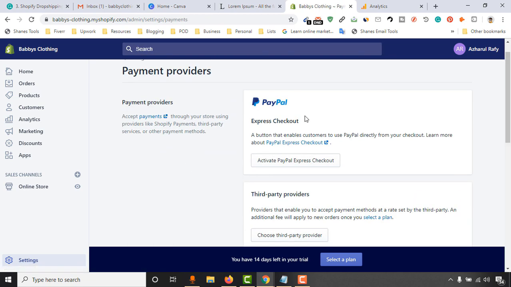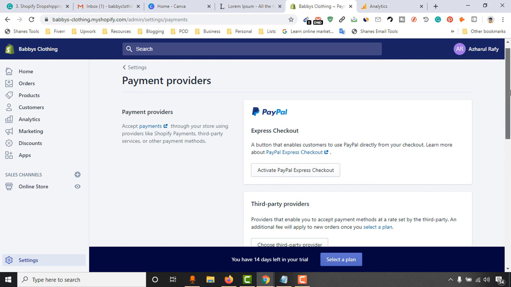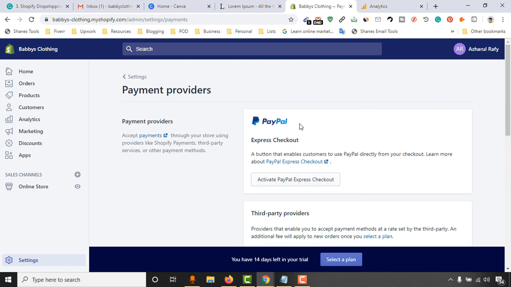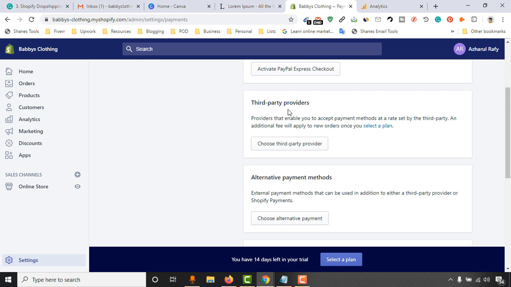As I don't have PayPal, I have only one option. I'm from Bangladesh and PayPal is not yet supported in Bangladesh. So I have only one option, which is 2Checkout, and I'm going to add it later. If you're from a country where PayPal is supported, then you can just click on this, activate PayPal Express Checkout. So it will be activated. And then you just have to click on this. If you're not able to use this feature, then try this one, choose third-party provider,